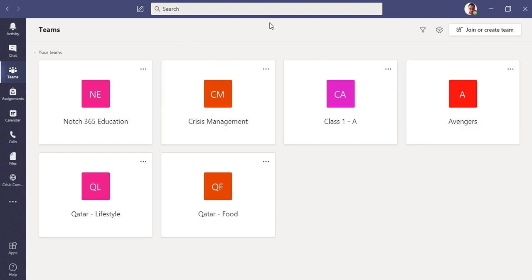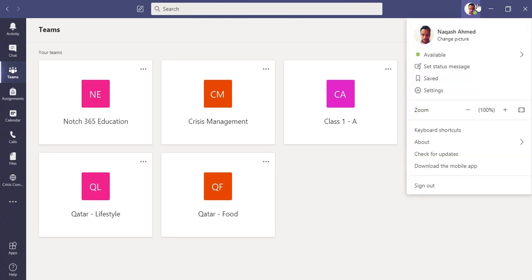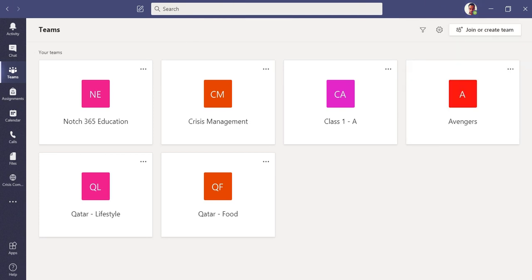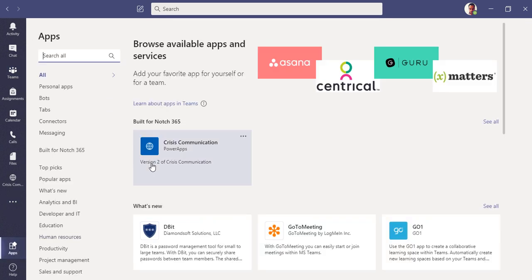I am once again logged in as a global administrator in my Microsoft Teams desktop application. I have this Class 1A Teams application here. And to access Microsoft Shifts, all you have to do is go to Apps and search for